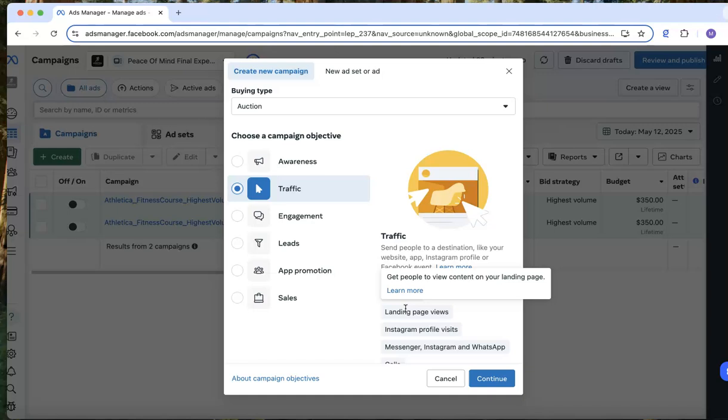This is very similar to link clicks, but it is optimized for users who wait for the page to fully load. If they're waiting for the page to fully load, then they're more likely to be better quality traffic. Okay. And the reason why I say that is because